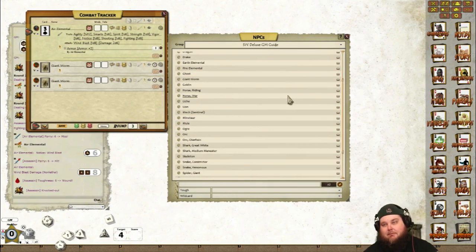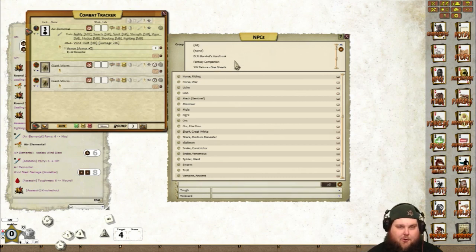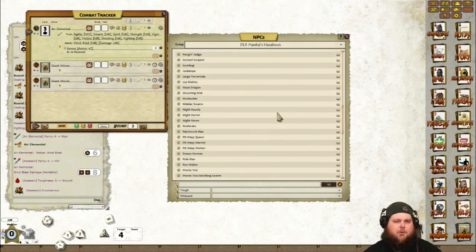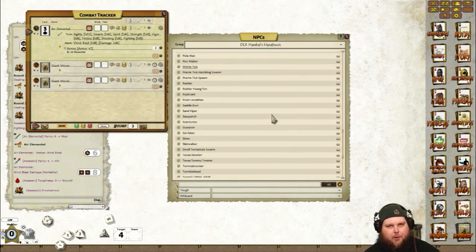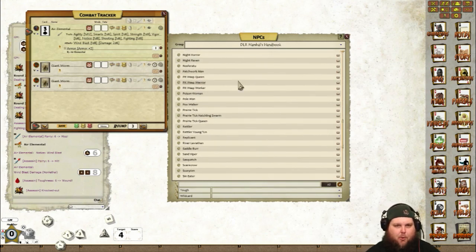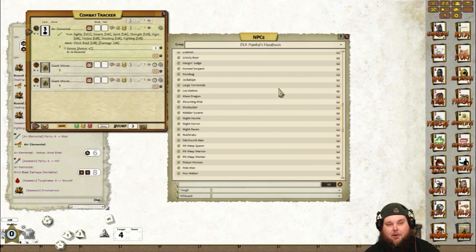But there's the NPCs, and you can just look. The more that you have activated in your library, the more monsters will show up. Like here's all the stuff from the Marshal's Handbook, which is like the Deadlands Reloaded DM's guide. And here's all the different Sasquatch and Poison Woman, the Maze Dragon, Los Diablos, all that good stuff. Large tarantulas,